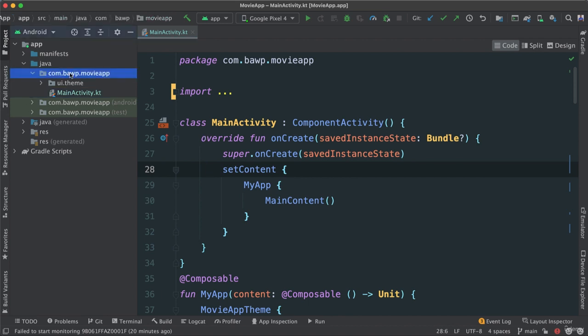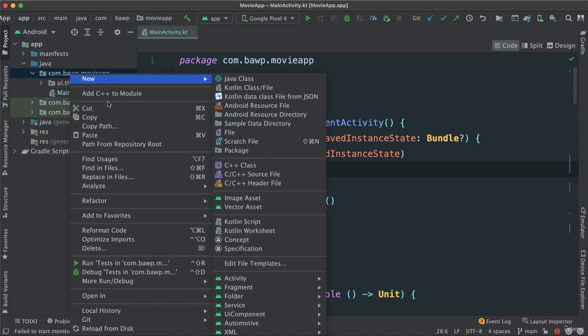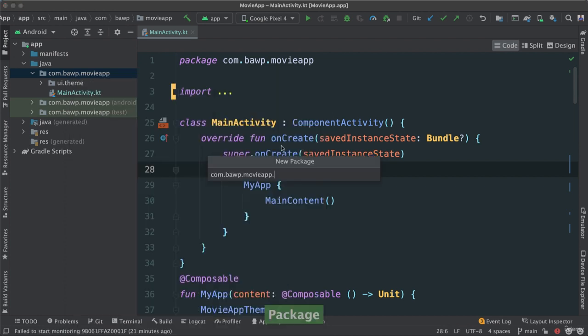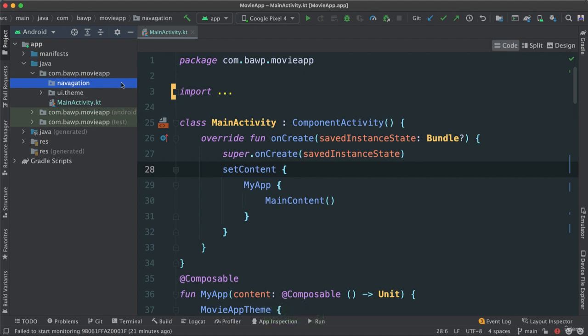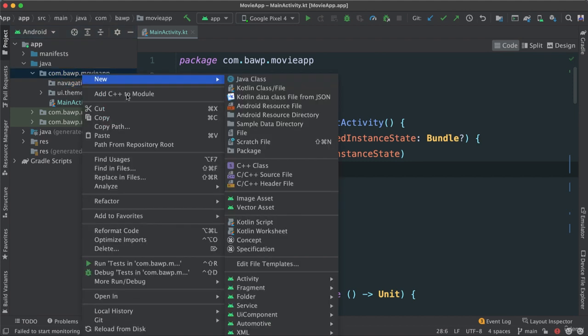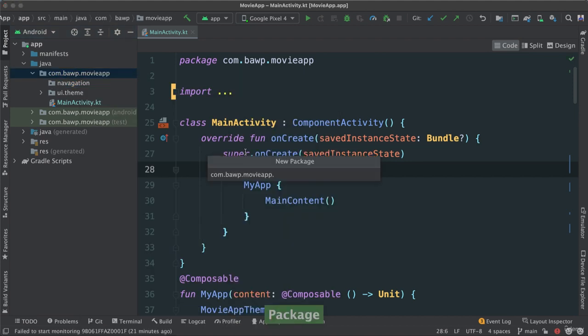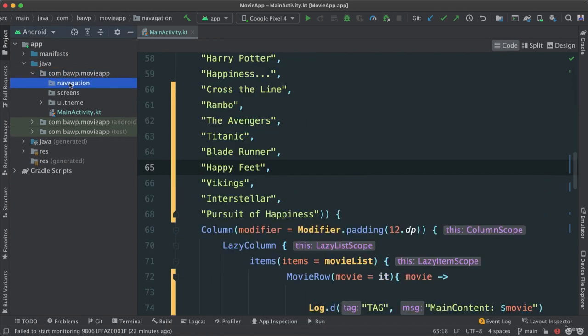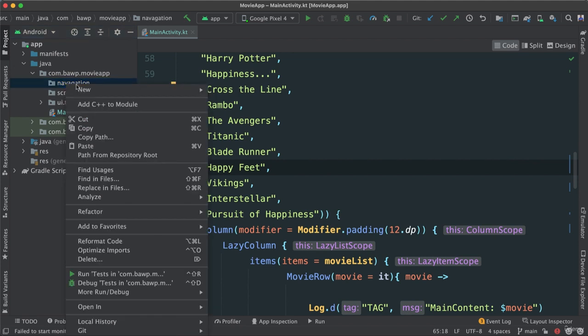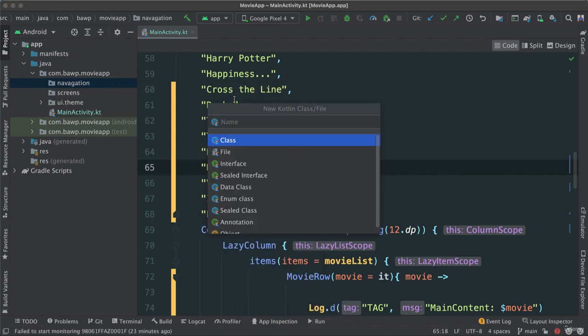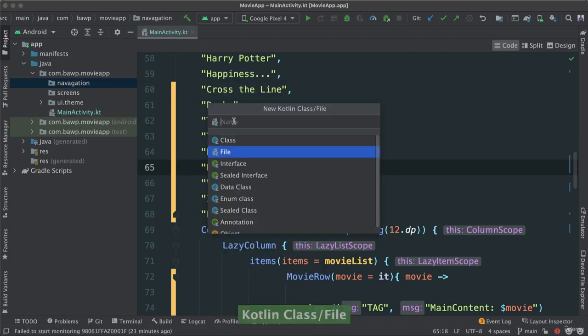Let's go ahead and create a new package inside of our main package. So new package, let's call this navigation. Okay, there it is. And we're going to create another package. We're going to call this screens. We are going to create two files. The first one is going to be navigation. The other one is going to be screens. Okay, let's right click here, and I'm going to add a Kotlin class or file. Call this movie